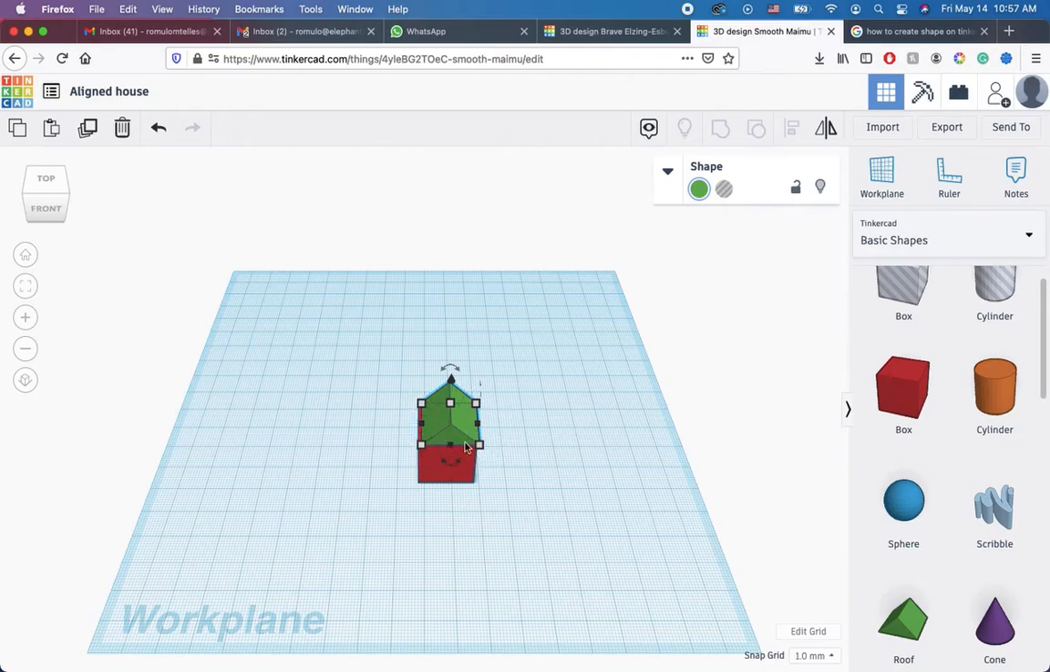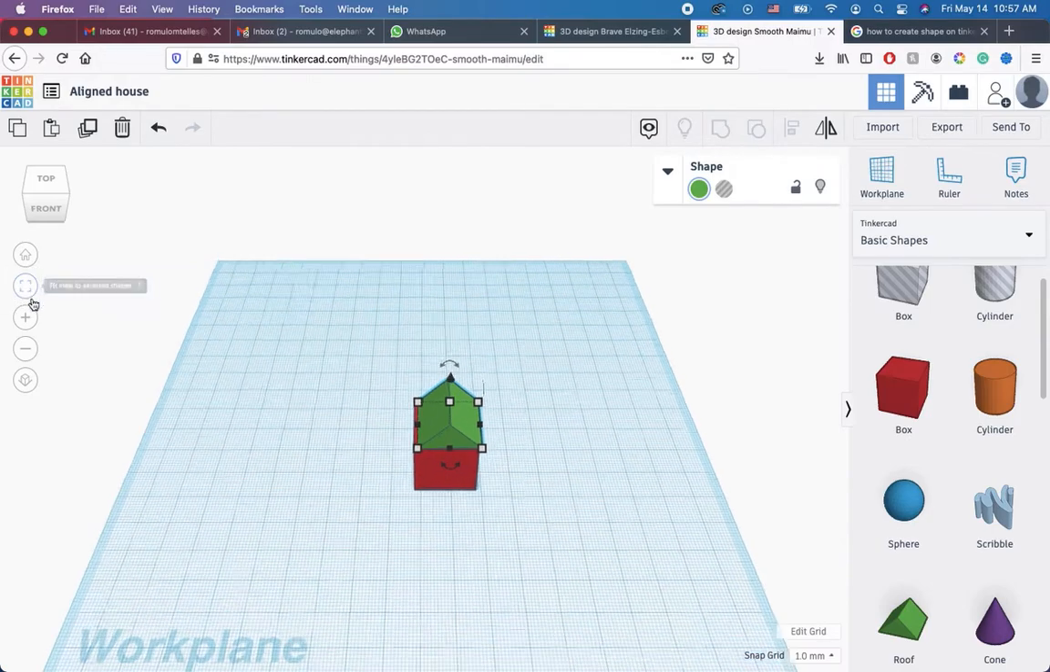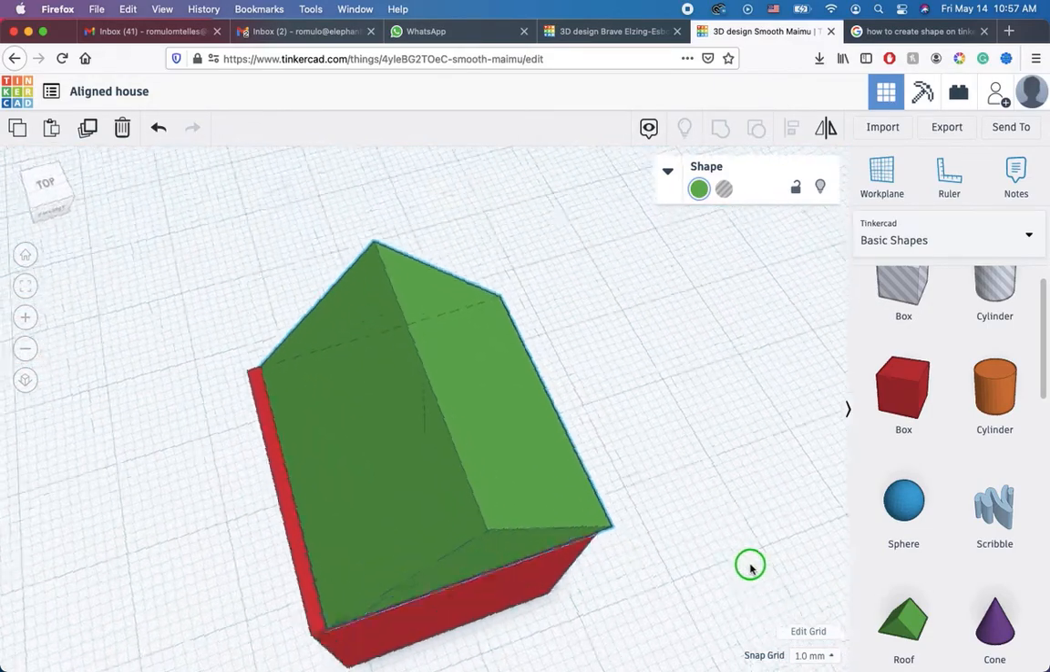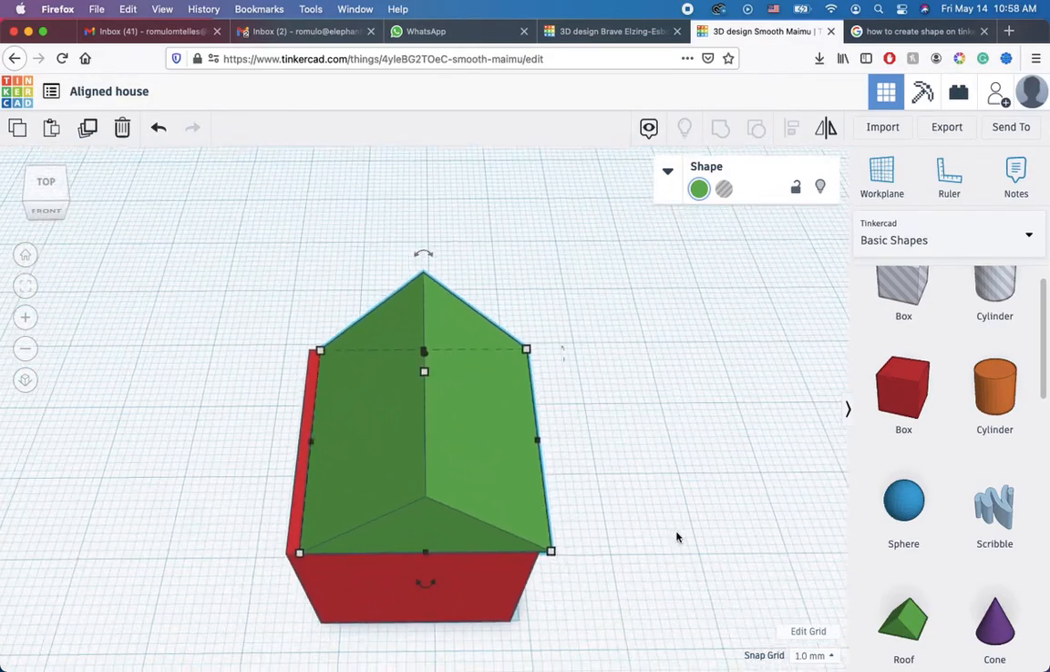But if I'm working with the roof, I will click over here. So the second option, fit view to selected shapes. So I will just fix my view for the roof. So now I can see the roof closely. So if you see, it's not aligned yet. I aligned the height, but now I need to align on center